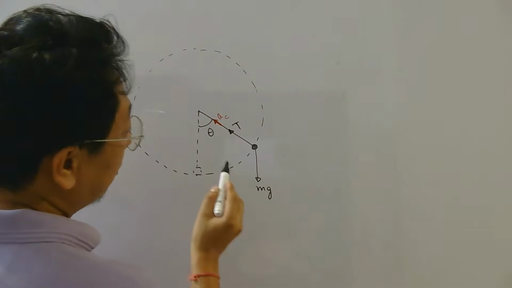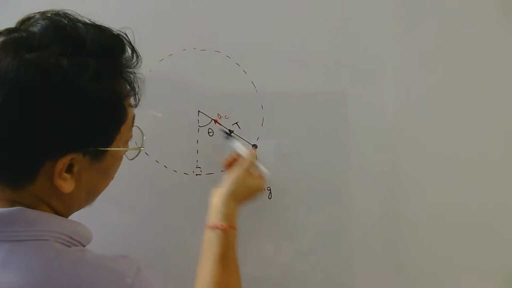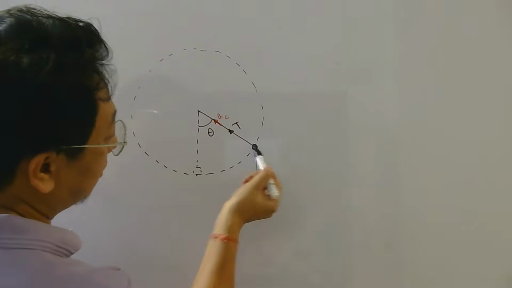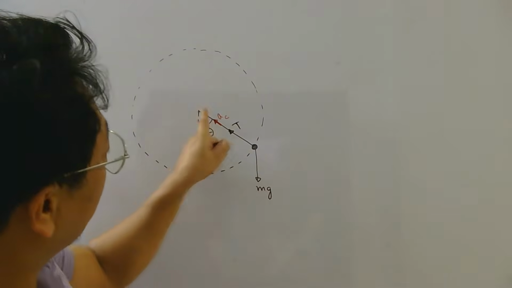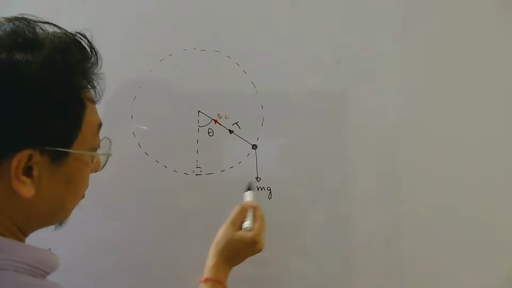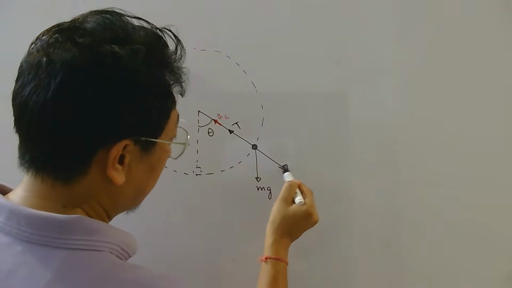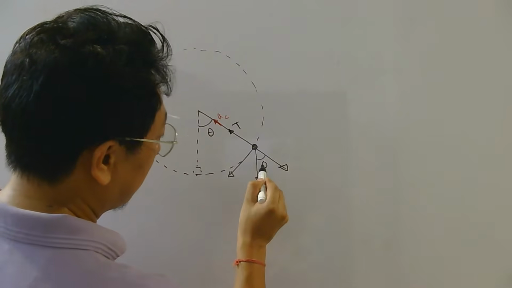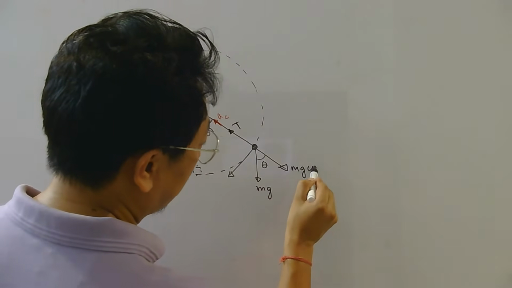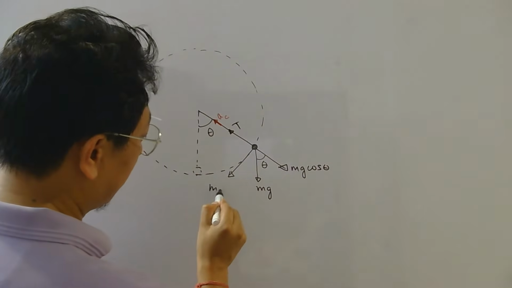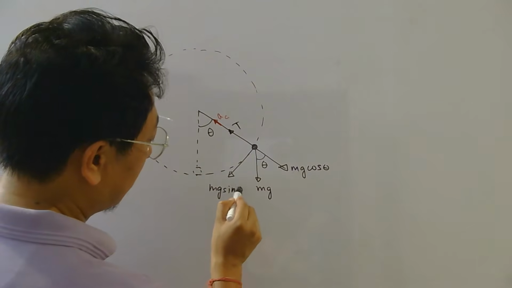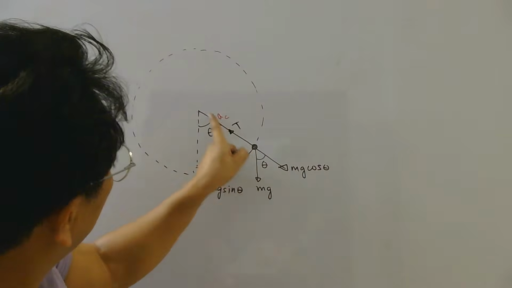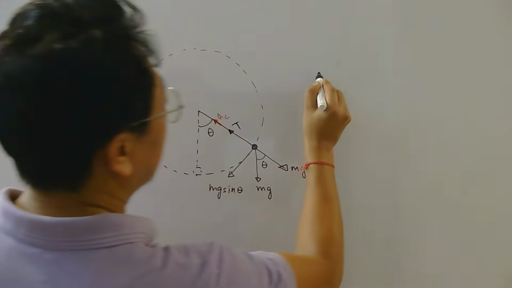So now if you try to check what force is providing this acceleration, then I need to take components of mg, because tension is already in the direction of acceleration, right? So let us take components of mg. So one component here, one component here. If this is theta, this is also theta. So this is mg cos theta, and obviously this will be mg sin theta. So now if you ask what is the total force in the direction of this acceleration, then we can write